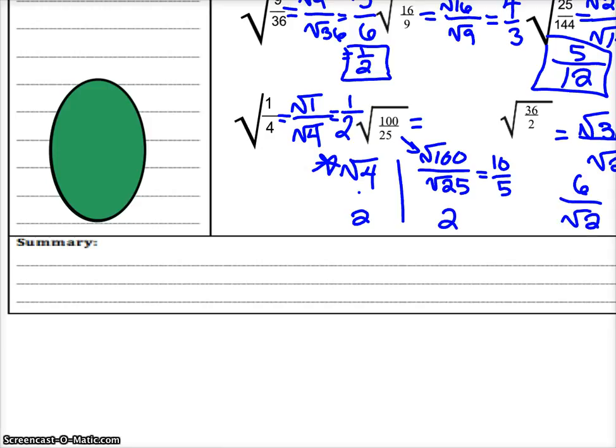Uh-oh, I see a problem. Does anybody see a problem? Eli, what do you see? I'll have that check mark. The square root. I still have a square root. If it's not a perfect square, is it a rational number? No, so this